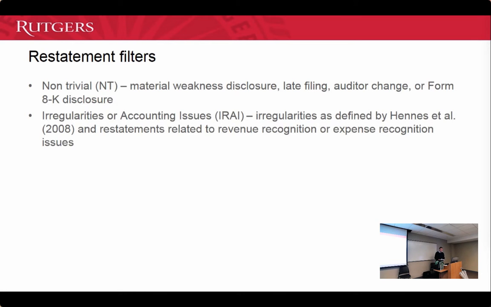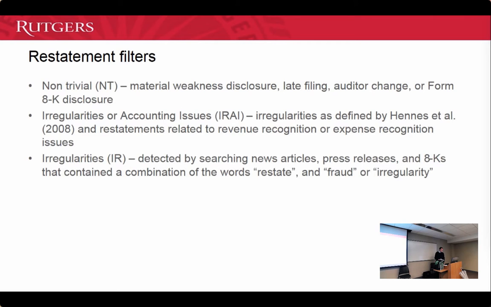And the second is a restatement is deceptive if it relates to an accounting issue that poses a significant negative market reaction. The third one, it's not very clear. It says a restatement is deceptive if it involves an irregularity. So the restatement is not deceptive. Remember, they're going one step away from that. They're saying the earnings call prior to the restatement is deceptive if the restatement involved one of these things, right?